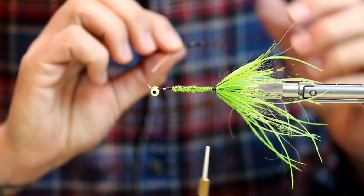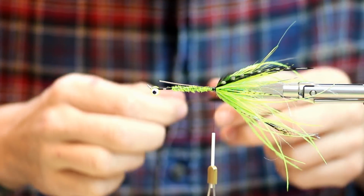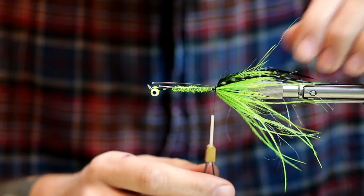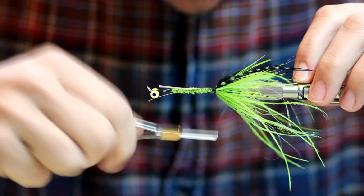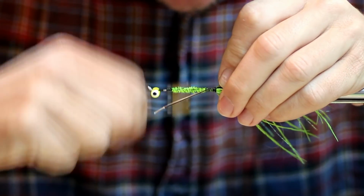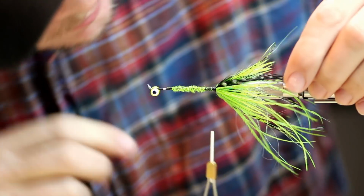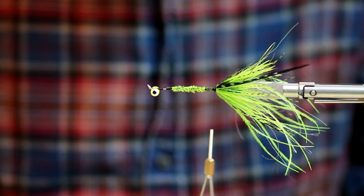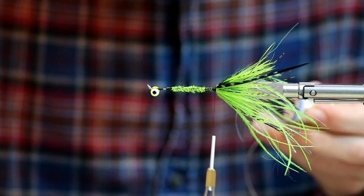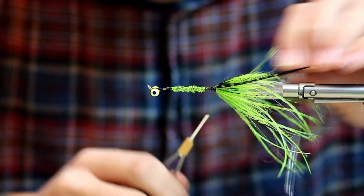And it's time for our hackle tips that we made. Do one on either side of the wire. Alright, looks pretty good. Cool. Now we can start building our main body here. So I'm going to tie in some medium oval tinsel. And